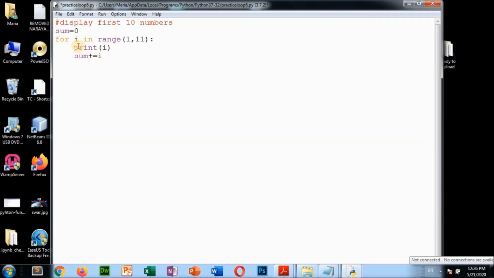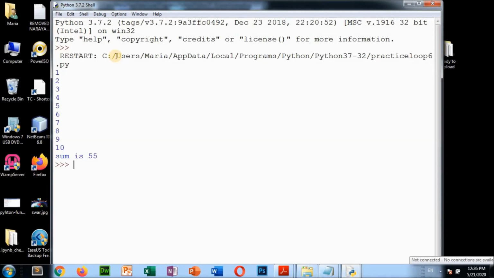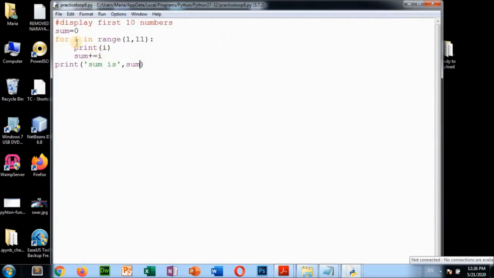Sum plus equal to i. The value of i will add with sum, then it will store here in sum. Now you have to display the sum. So how to display? Outside loop. Print sum is, comma, sum. Save, run this program. See, sum is 55 is coming. So this is about for loop.